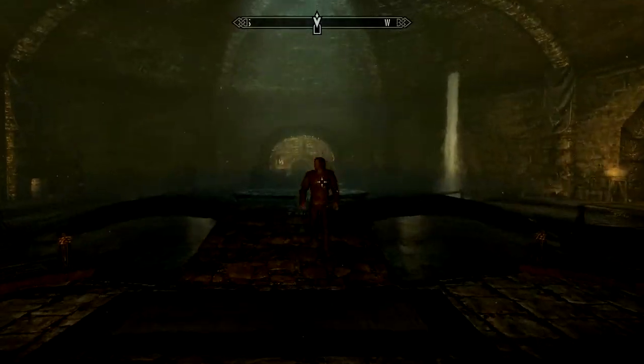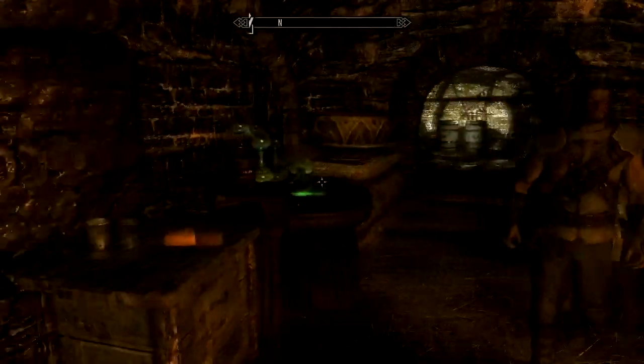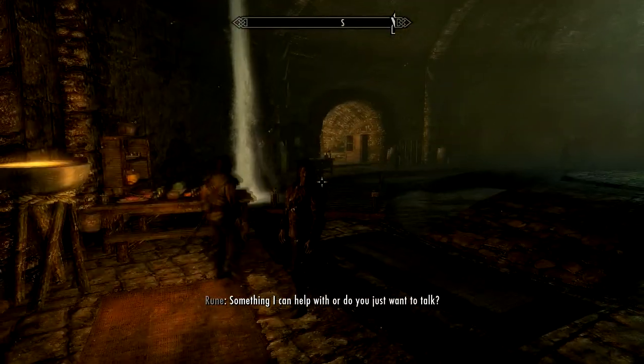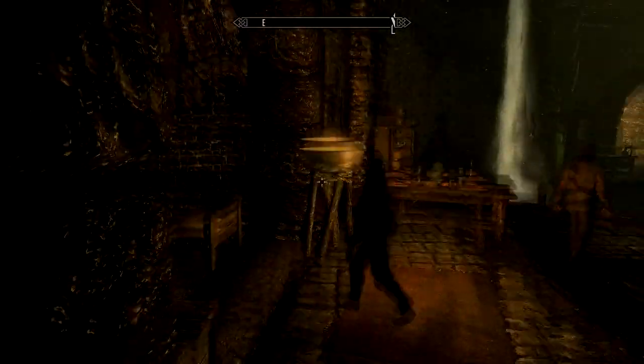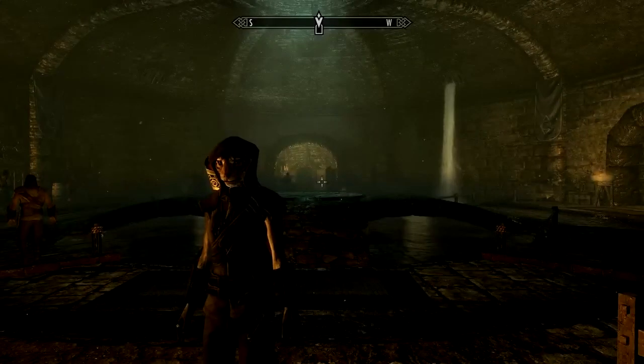Hey, somebody's coming up behind me and in front of me. I'm about to get pincered. Something I can help with, or do you just want to... No, I want you to go away. Go on. Alright, he's gone. Good, good. Now, as I was saying...